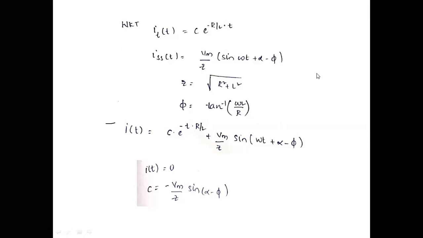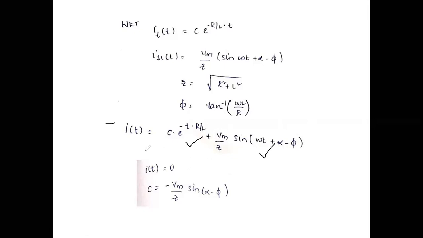Here Z is equal to square root of R square plus omega L square, and phi is equal to tan inverse of omega L by R. These concepts are not new to you. You already learned these in your network theory, transients. Again, we are considering the same concept for explaining the transients in the RL circuit of the transmission line also, right? Now finally, i of t is equal to the combination of transient state current and steady state current.